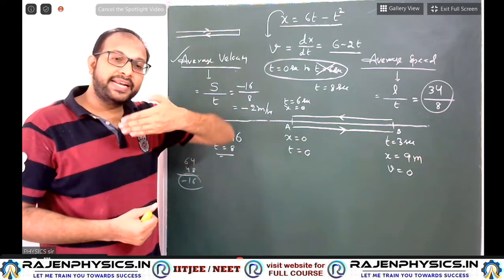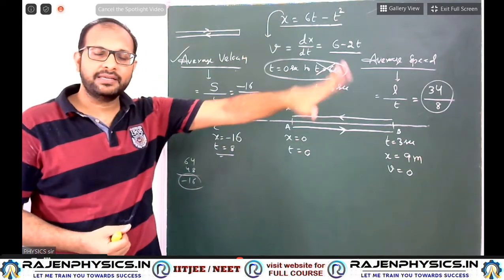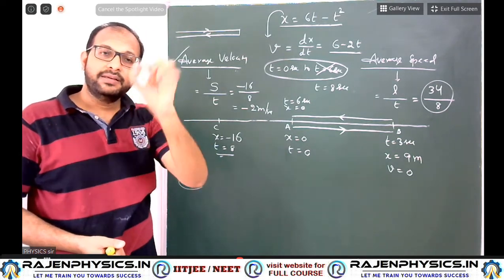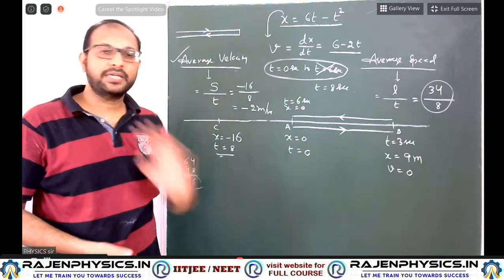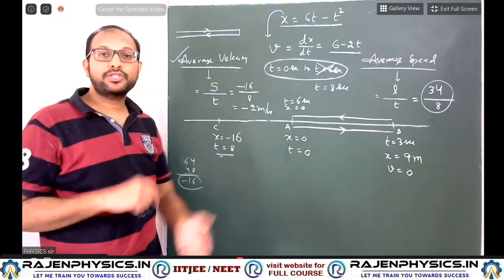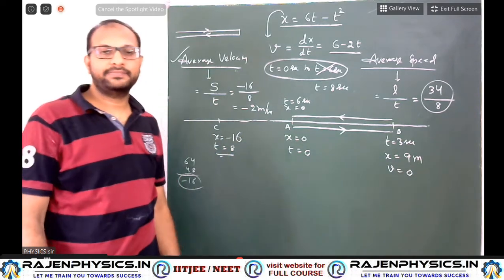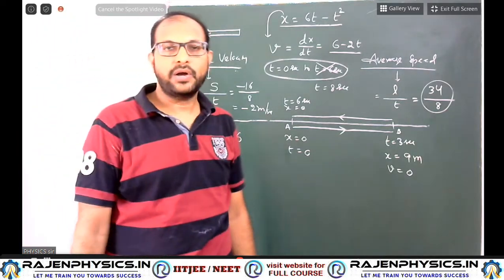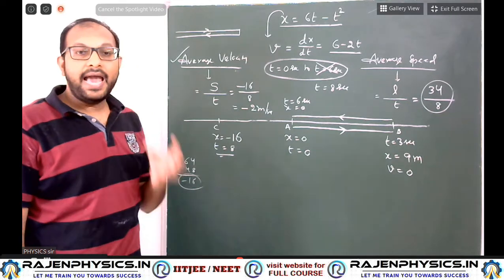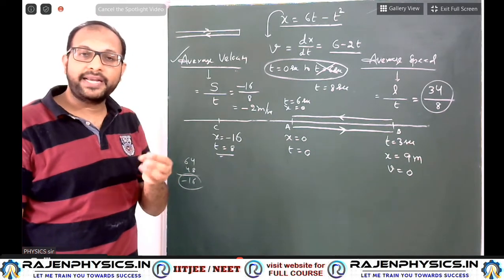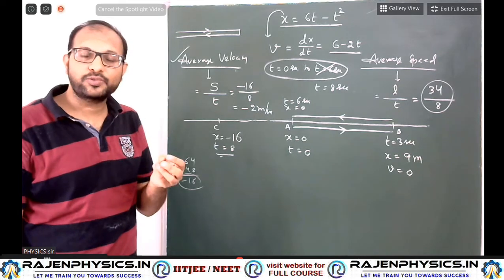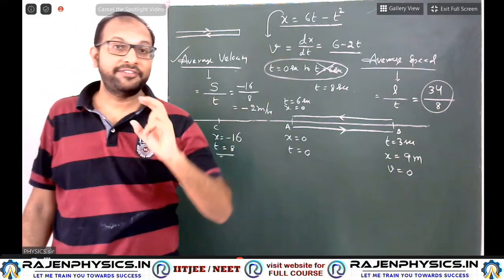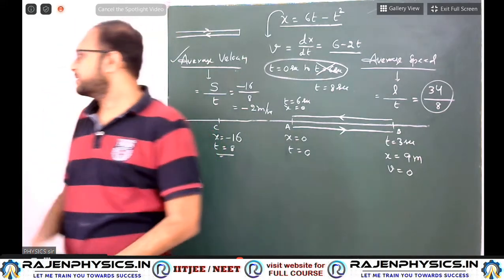Students, if the particle is moving in a single direction with no return journey, displacement and distance are both the same, and average speed and average velocity are both the same. You need not calculate separately like this. But if there is any return journey, then definitely they are different. So you need to analyze the problem; you can't find it simply by equations. Okay, right. So average velocity, average speed, instantaneous velocity and instantaneous speed are clearly over. On average velocity, there are still some more difficult concepts that I will now explain.